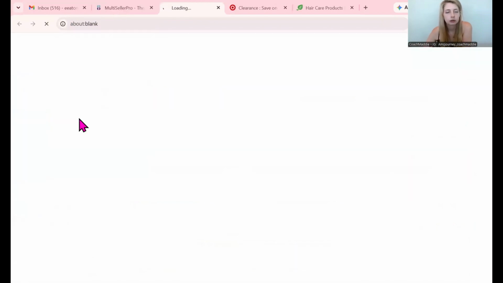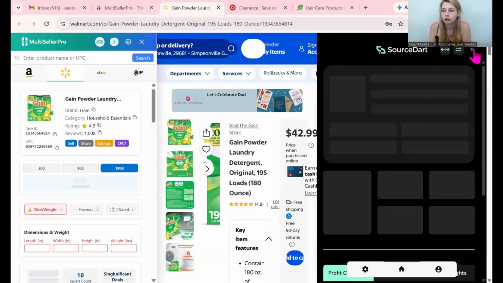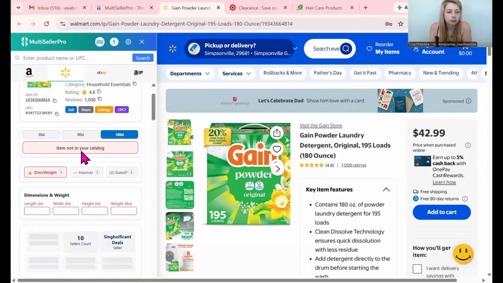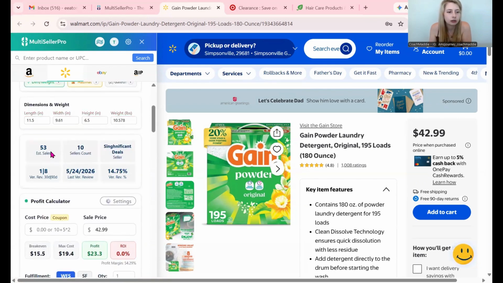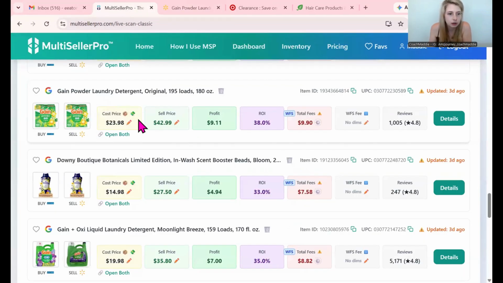We just click on the picture, it opens it up, and we can do this with our Amazon products as well. Once we open it, we have our MultiSeller Chrome extension. It's going to tell us our monthly sales, our sellers count. We have our reviews that we already saw, and this is where we can plug in our cost price. So let me see, our cost price is